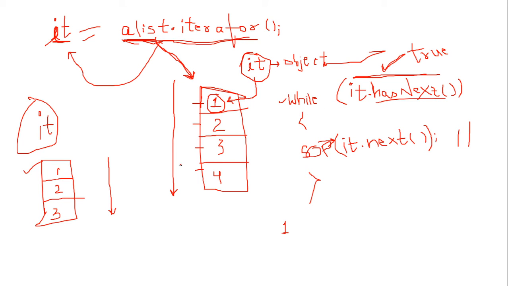So what I am saying is, do not confuse between these two, it.next and it.hasNext. After checking whether the first element is present or not with the help of hasNext, it will remain here only. It will not go inside this first block. But if you execute it.next, what will happen when you execute it for the first time, it will start pointing to this first element. So this is the difference. Are you clear with it?